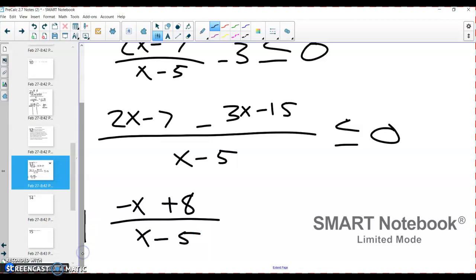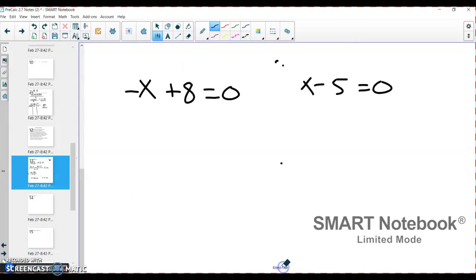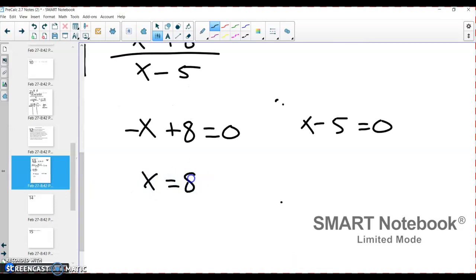Now the one thing I need to note here, because nothing else is going to change, and so I'm going to end the video after I explain this. Nothing else is going to change about my table that I set up with my domain and my test numbers and my plus or minus. We just got to make sure that our x values come from the numerator and the denominator. So we set our numerator and denominator equal to 0 to find out what x values we should use. So I have negative x plus 8 equals 0, and I have x minus 5 equaling 0. And when I solve for both of them, I get x equals a positive 8, and I get x equals a positive 5,